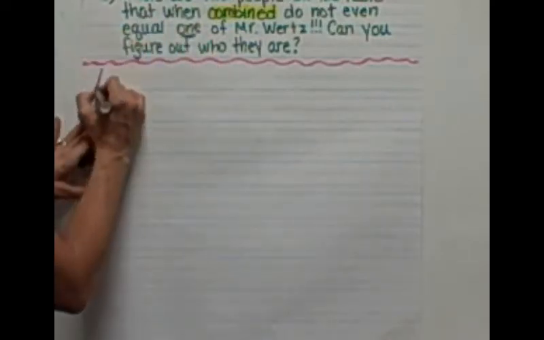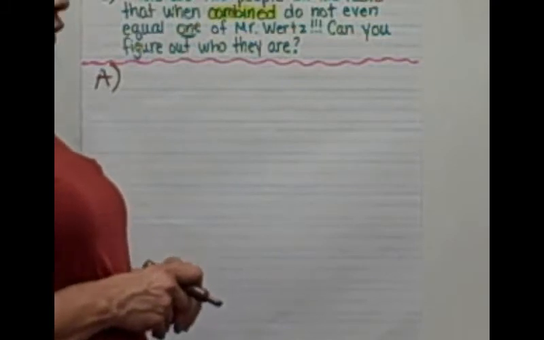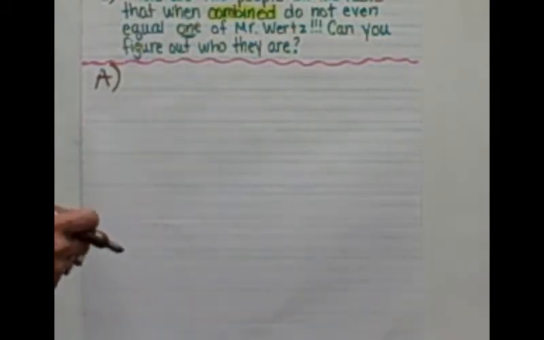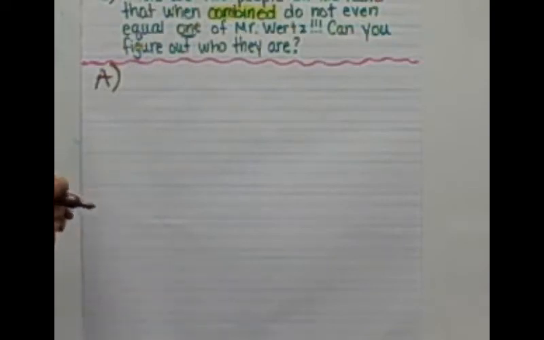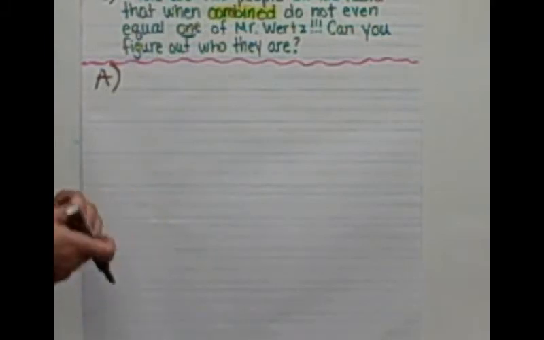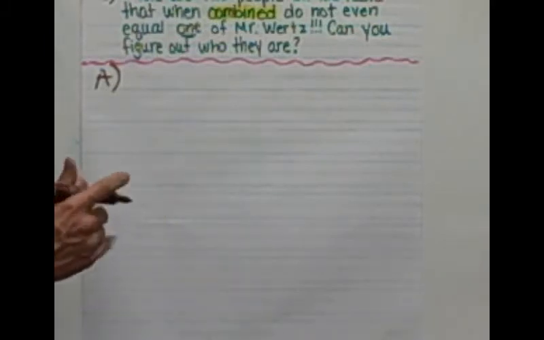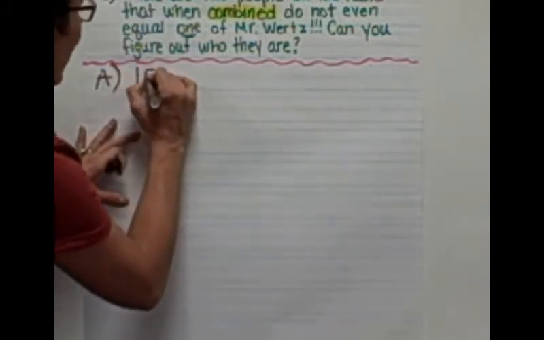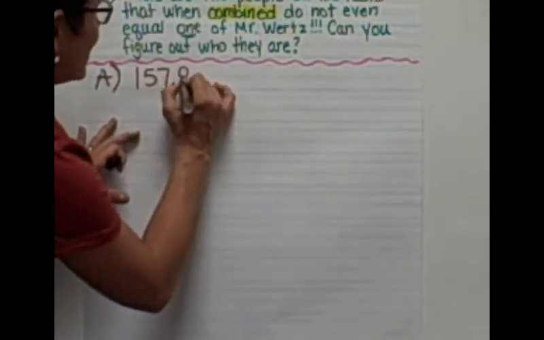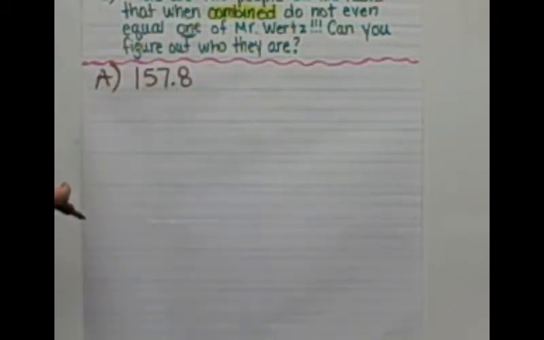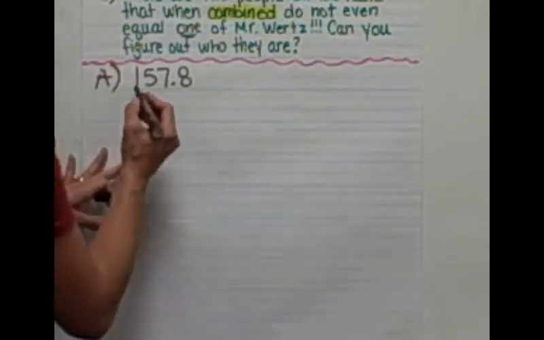So for A, the question said, what is the sum of Mr. Mendoza and Mr. Soderberg's weights? I don't know if you noticed or not, but the word sum was highlighted in yellow. Sum means that you should have added. Okay? Sum is add. So we should have taken Mr. Mendoza's weight of 157.8 and added to that Mr. Soderberg's weight of